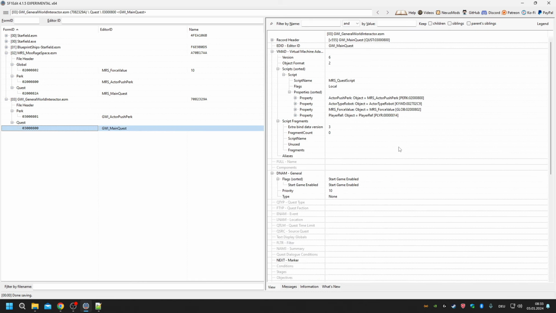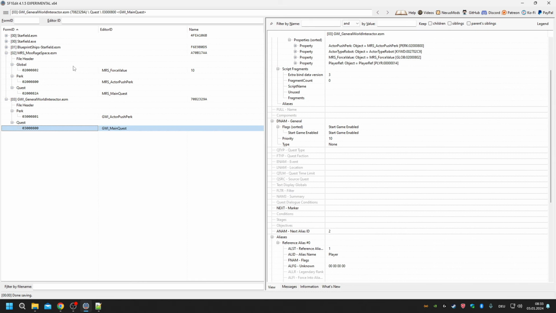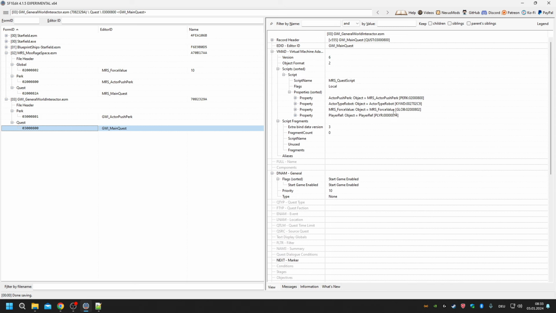And now we go to the quest. And I can't exactly remember which quest I was using as an example. And I'm actually too lazy and it would probably take way too long to search for that. So it was a very small one, it just basically had a player alias attached and had some examples for script and properties. And all the things that I need to enable it already tagged, priority 10, so it doesn't overlap with others, which you can actually put down to 0 because it doesn't change anything at all. The priority of a quest is only important for dialogue,